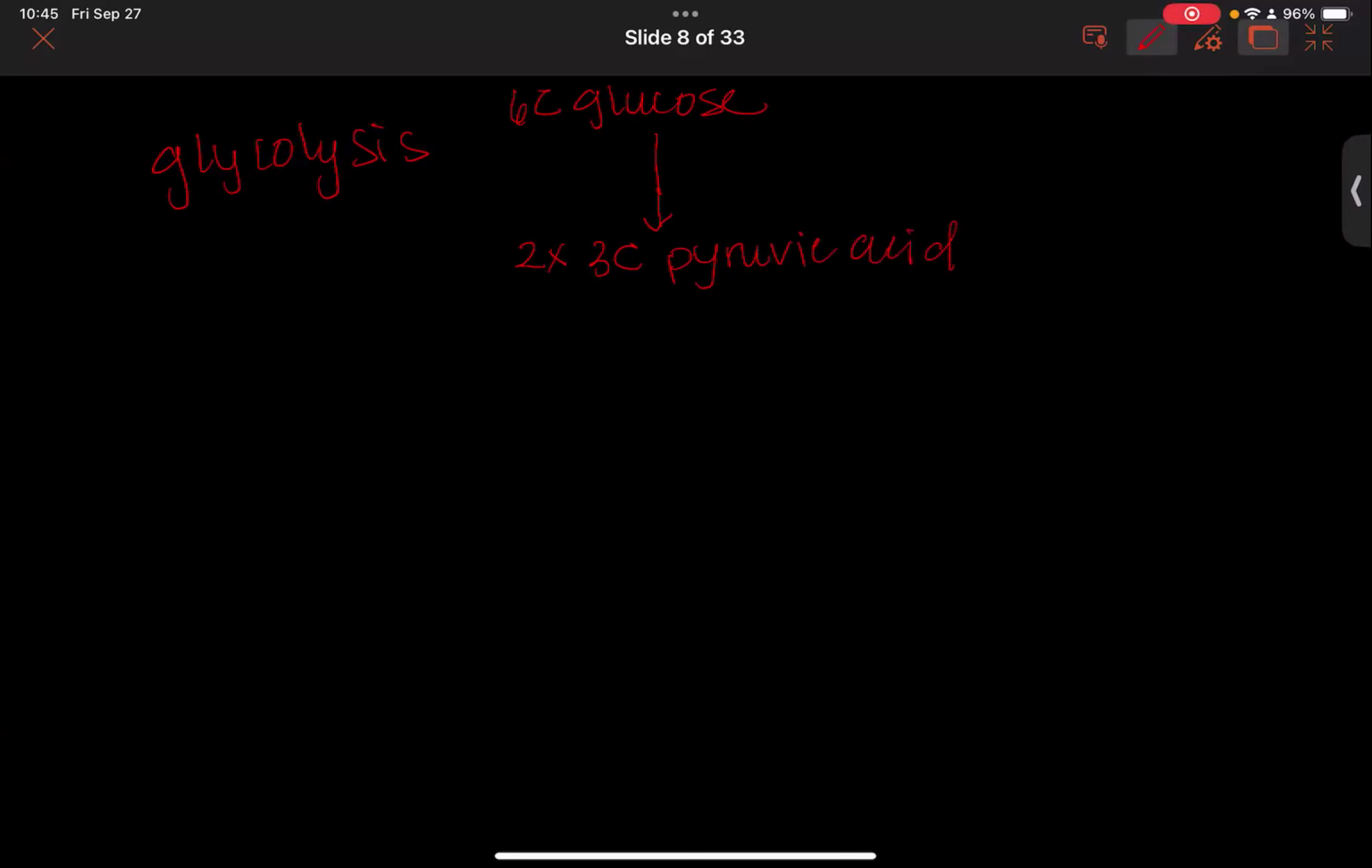Please try to remember pyruvic acid and pyruvate are essentially, for our practice and purposes, the same thing, okay? So, what are you doing, meatball? Right, so that's the main goal of glycolysis. In the meantime, you're also going to be giving off a little bit of ATP and a little bit of